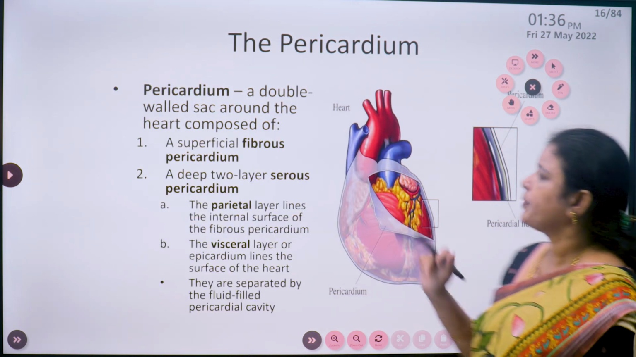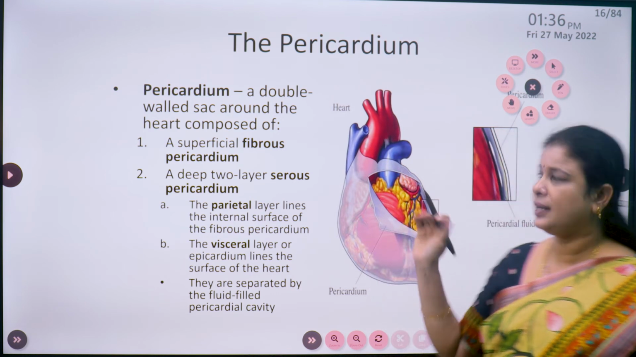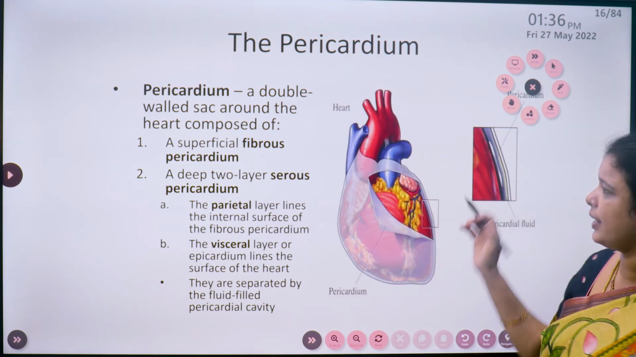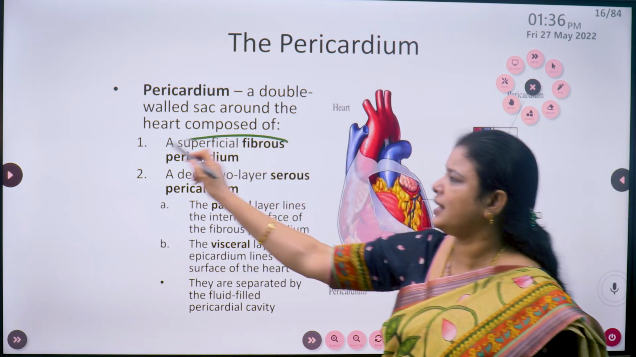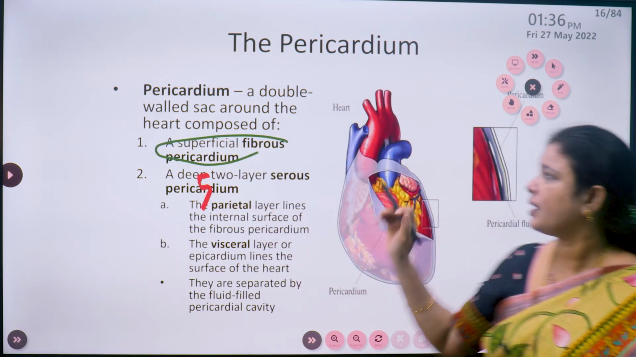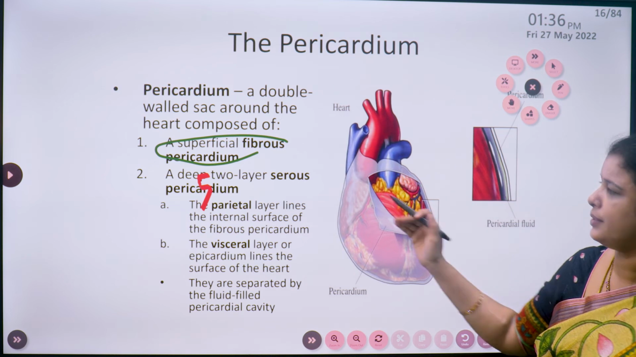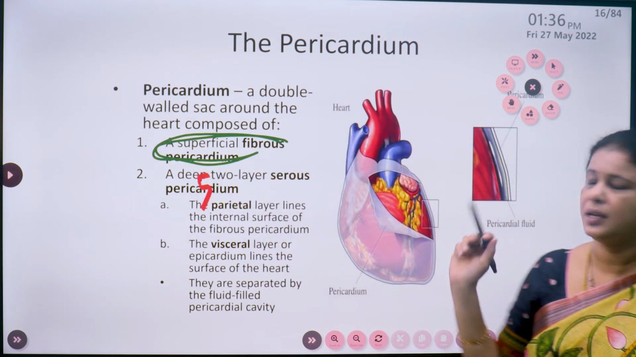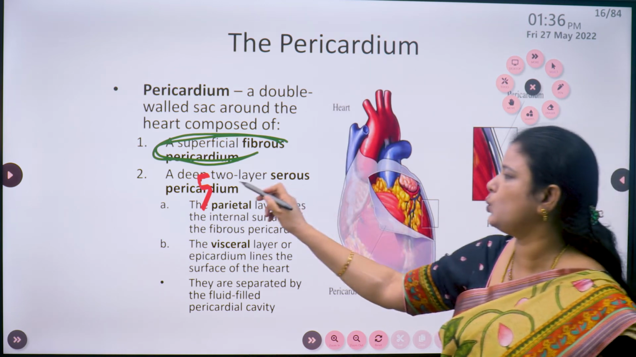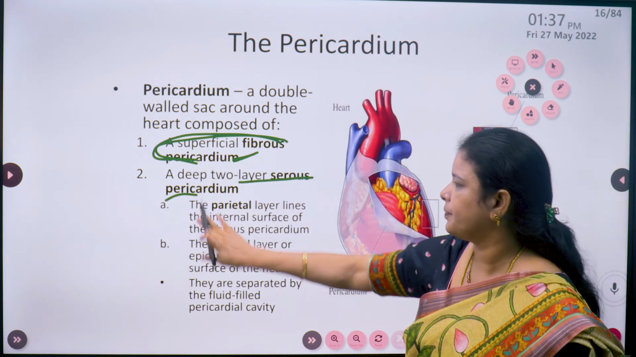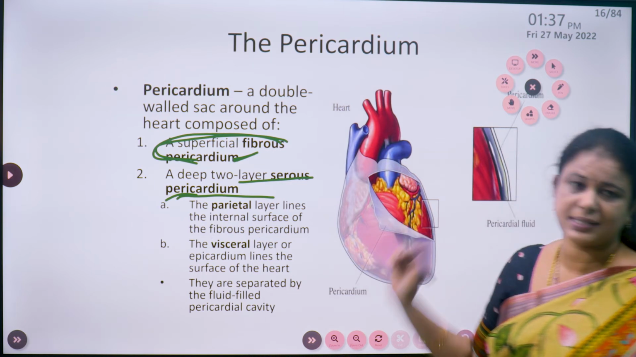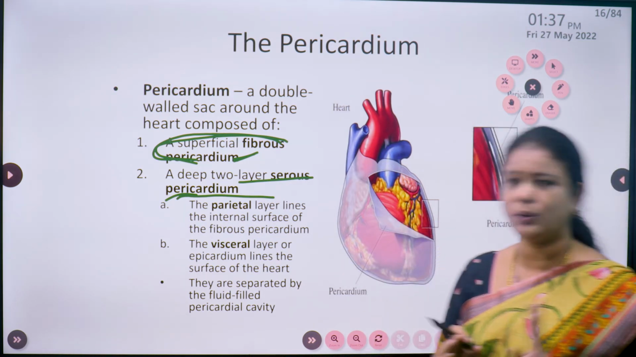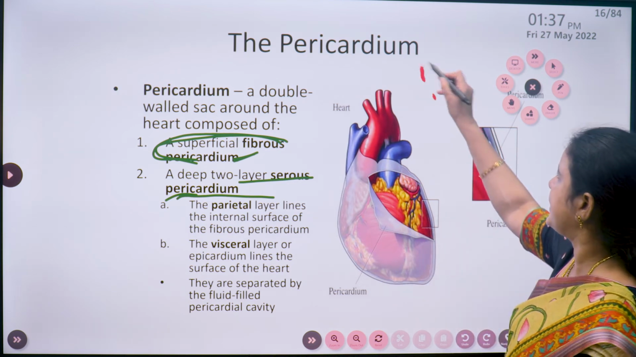So the pericardium is made up of a fibroserous sac. The pericardium can be divided into the superficial fibrous pericardium and the deep 2-layer serous pericardium. So the covering layers of the heart, if we see, we have 3 layers, like pericardium,